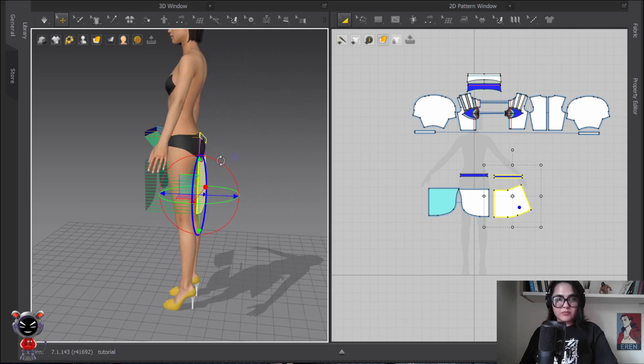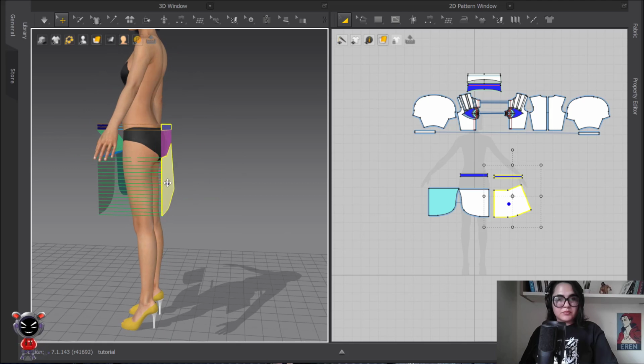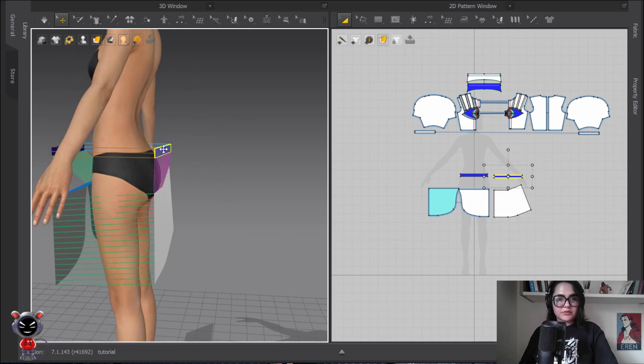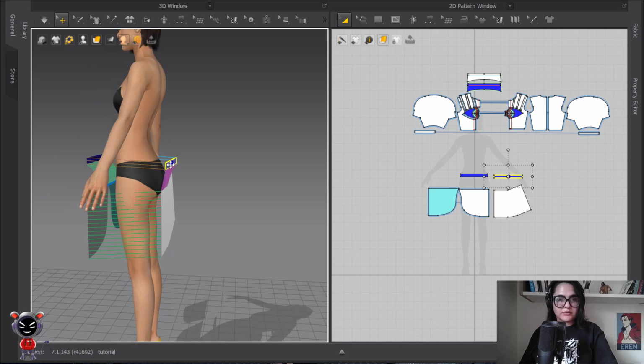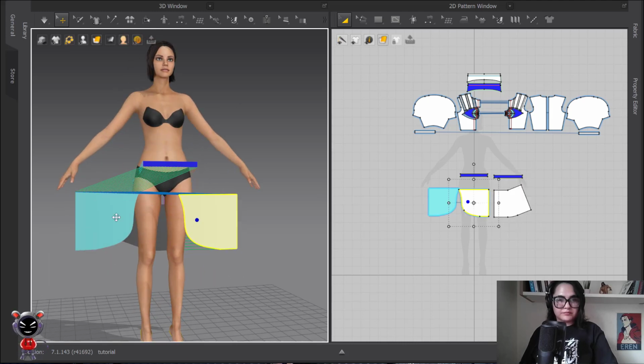That's why it's important that your patterns be near the avatar and also at the right height that you want. For example, if I put my pattern right here,